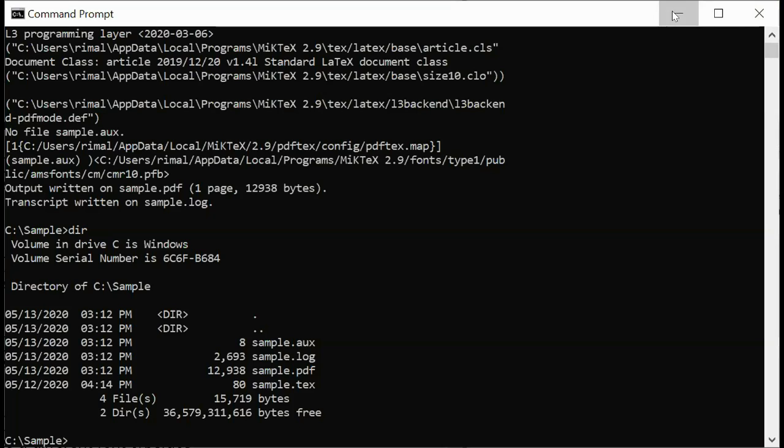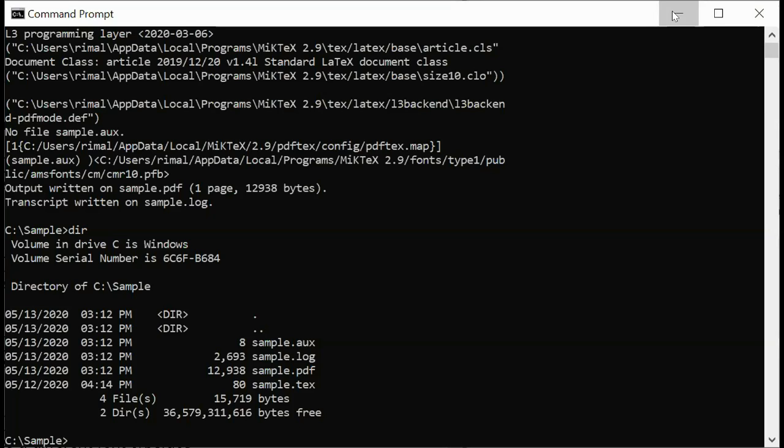So someone is asking a question, what is T1 in the square bracket? This T1 is an argument which is given in the font encoding package. Only if you give this command as T1, your document will be compiled in different fonts. If it is not given, it will not compile.